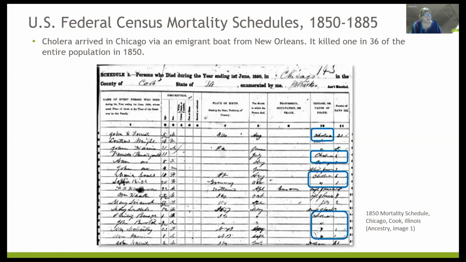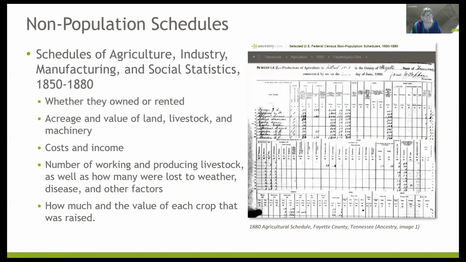But number two, a lot of times when you have these epidemics, especially in large cities, a lot of the population that had the wherewithal or had a place to go would flee the city because they didn't want to get it. So if your ancestor disappeared for a while, that might be a reason. If you see that there was all kinds of cholera going on at that time and you can't find your ancestor in the census where he should be, that'll help explain some things and also adds to your family story.